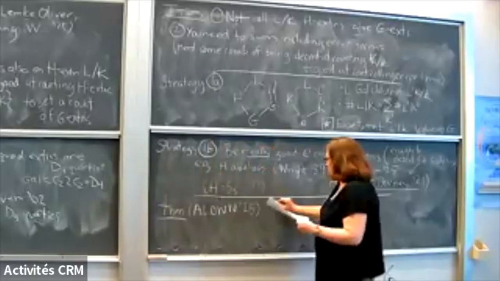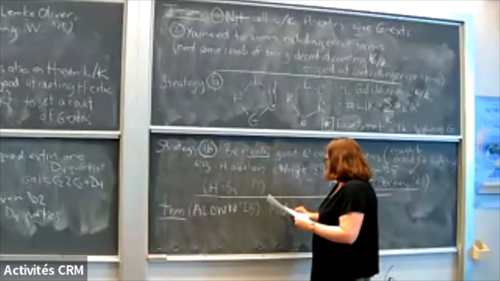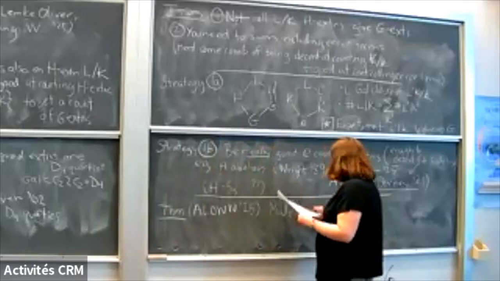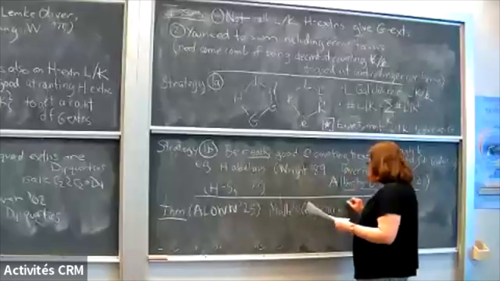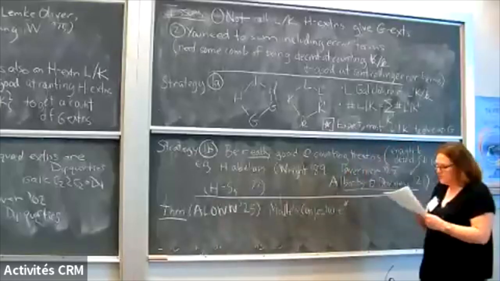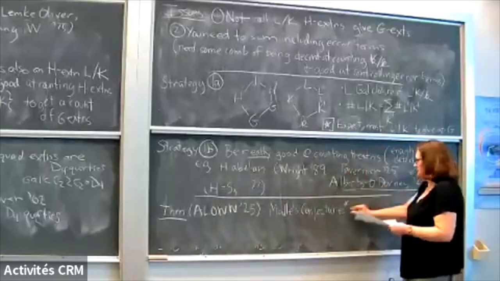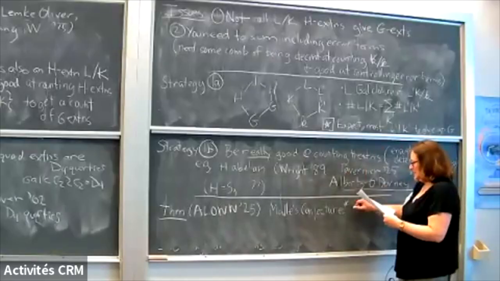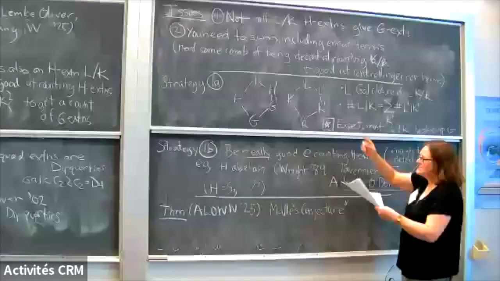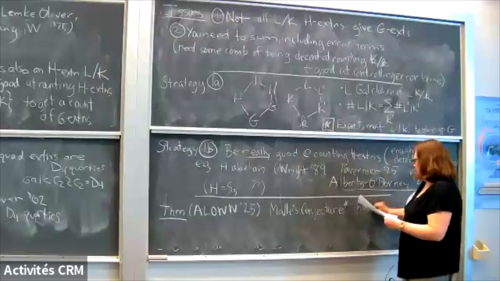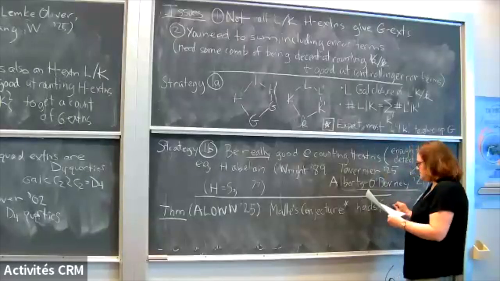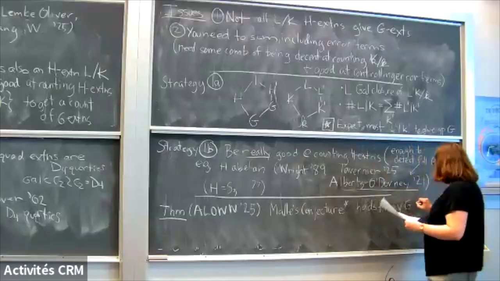So we get that Malle's conjecture, either with the correct B, which is what that star meant, or the agnostic-of-B version, holds for any G